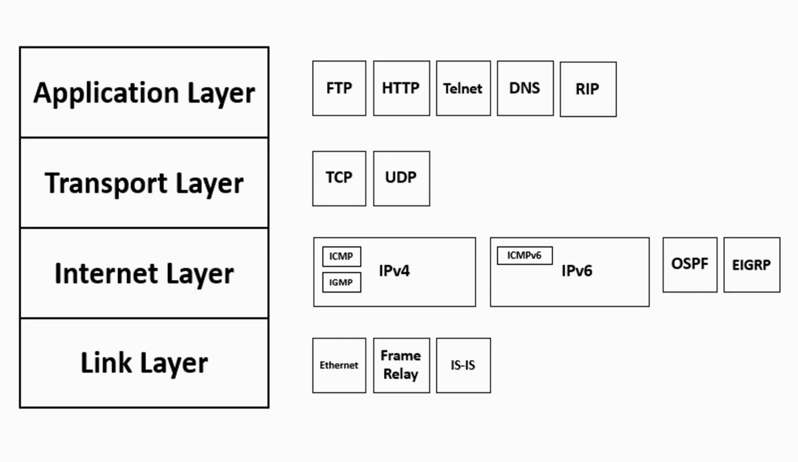Finally, the bottom 2 OSI layers are combined into the network access layer, which handles the physical cables and local network connections. TCP/IP is the true working engine of the World